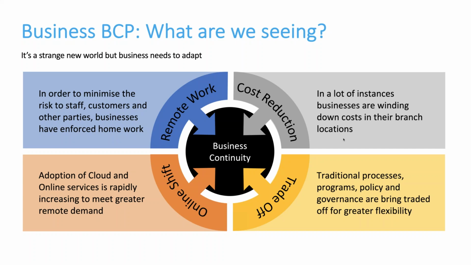As part of doing that, with respect to the branch, and when we talk about SD-WAN branch, we're starting to see a lot of cost reduction. Businesses are winding down costs in their branch locations. Obviously, they're going to see natural cost reductions with respect to lower energy costs, with people not being there. But there's also potential wind downs of carriage services, WAN bandwidths, and that sort of thing. We're seeing an online shift. Two factors, I suppose, with respect to online shift. A lot of businesses are adapting to doing more online transactions, but more important than that, fast tracking adoption of cloud services to meet the growing demands of remote working requirements.